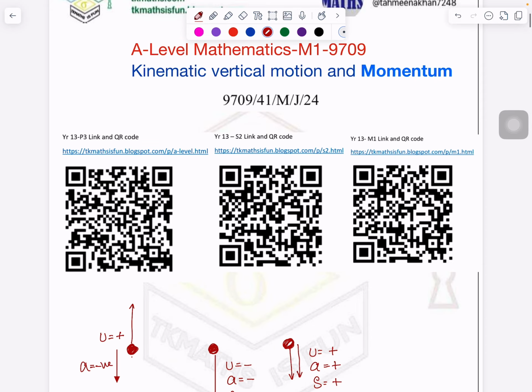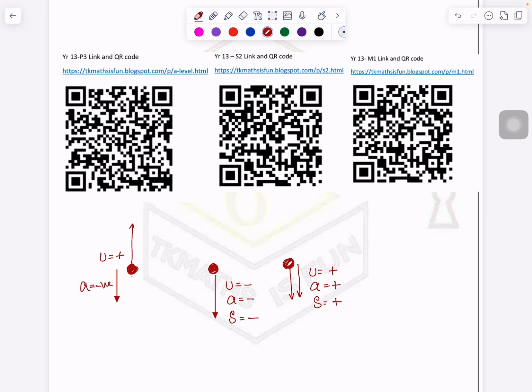Before I show you the question and discuss it, let's have a discussion on one very important concept: the directions of the vector. We know opposite directions mean opposite signs of the vector, right? We all know that. So suppose I'm talking about the first case.